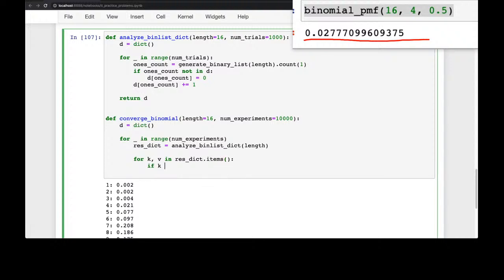I'm going to say if the key is not in D, I'm going to initialize a list in D. Okay, so I'm going to say D sub K is going to be an empty list, and then I'm going to just say D sub K is going to have appended to it V. Okay, so let's take a look at what this looks like. It'll be a little messy when I print it out, but we'll try to make it look, I don't know, okay. So I'm going to return the dictionary,